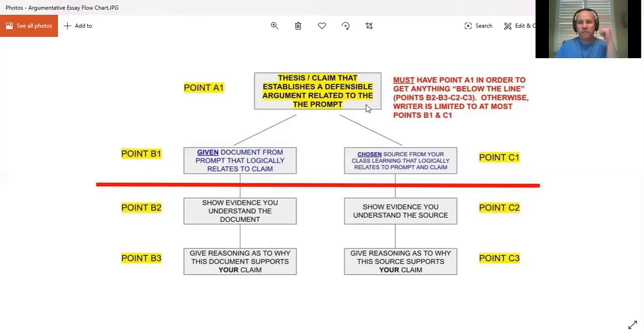We could argue that if we were saying that the president is not allowed to do missile strikes, we could actually use the War Powers Act to argue in favor of that as well. So let's say we made a claim or thesis that the president does need congressional authorization to fire off missile strikes before the president can do that. We could say the War Powers Act does not allow the president to have troops engage in offensive military strikes without congressional authorization first. Obviously, troops can engage in defensive military